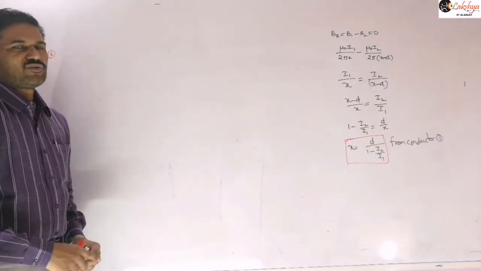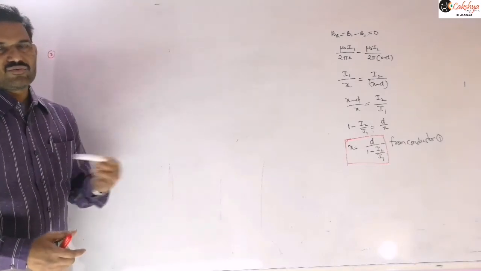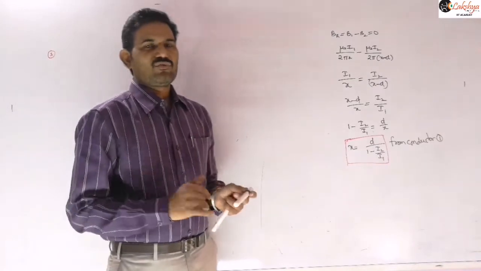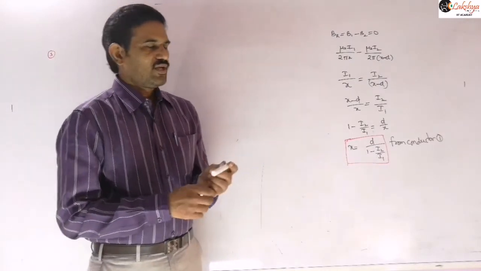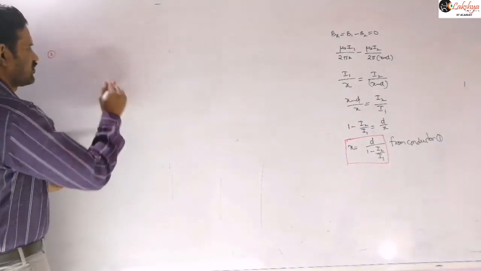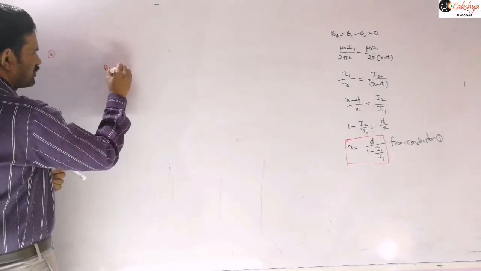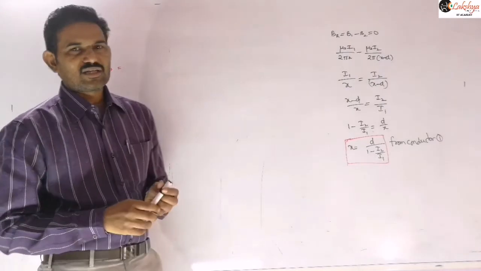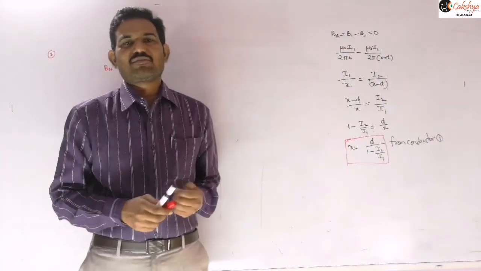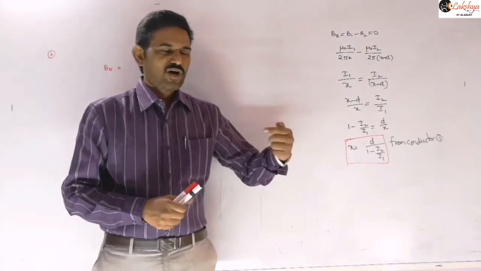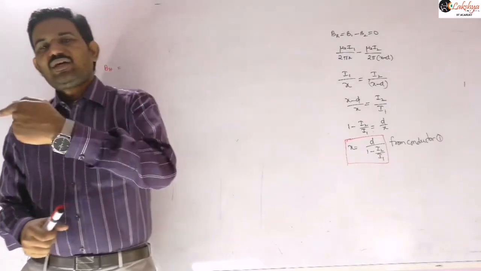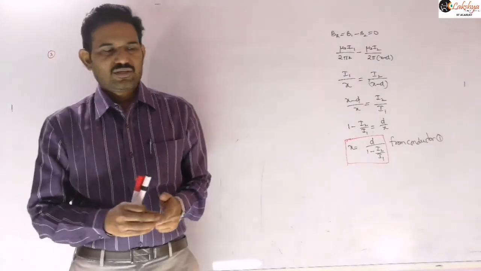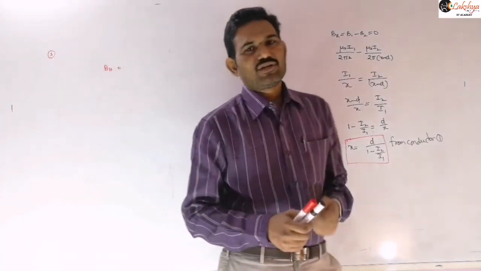then can you say where you will get the magnetic field, if you are considering only the horizontal component of Earth's magnetic field? They will mention it as a BH value. BH is the horizontal component of Earth's magnetic field, and its direction is from geographical south to geographical north.